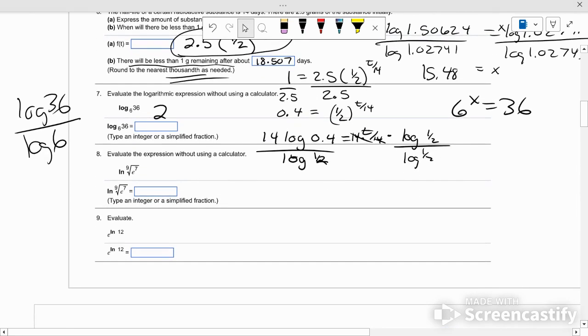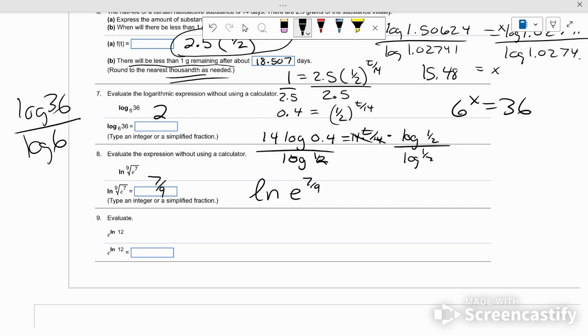Okay. This one, I would rewrite the natural log as the natural log of e to the 7/9 power, because the 9th root of e to the 7 is e to the 7/9 power. Well, what do ln and e do? They cancel each other, so you get 7/9. e and ln cancel each other, so this next one is simply